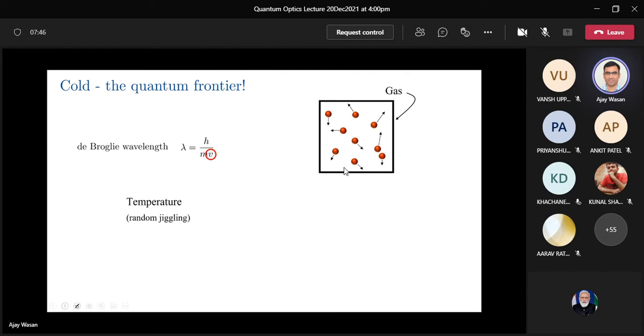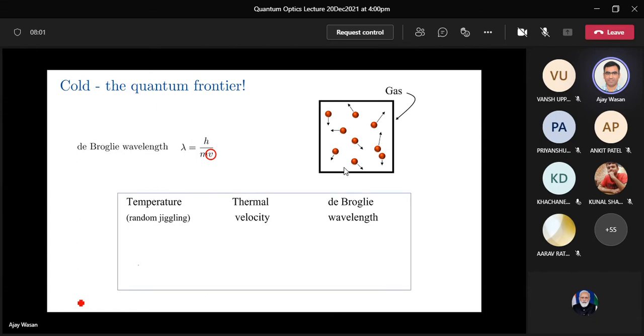So temperature basically is a random jingle I'm saying here. And then thermal velocity, when temperature reduces, thermal velocity will reduce. What happened to the de Broglie wavelength? So I'm showing here